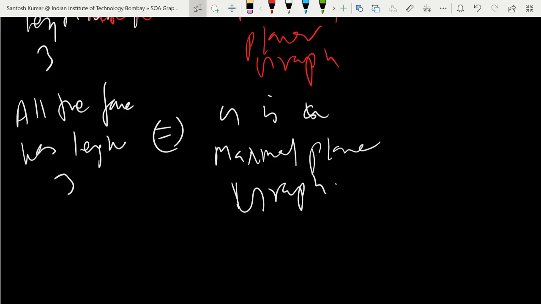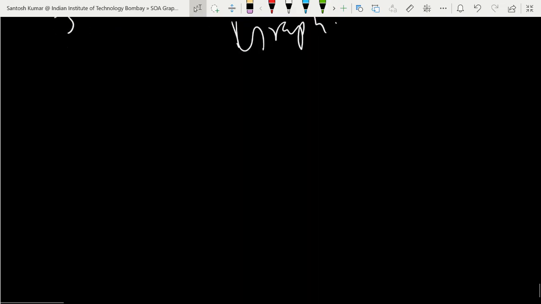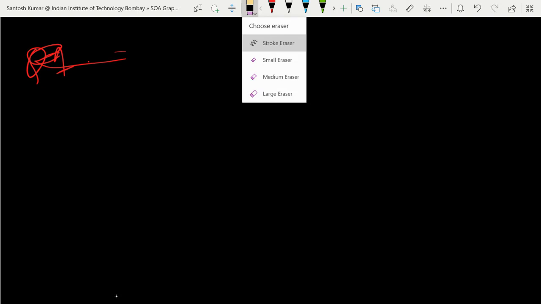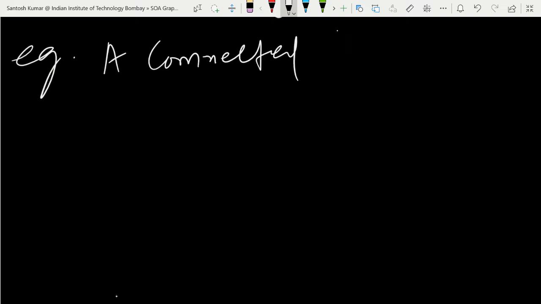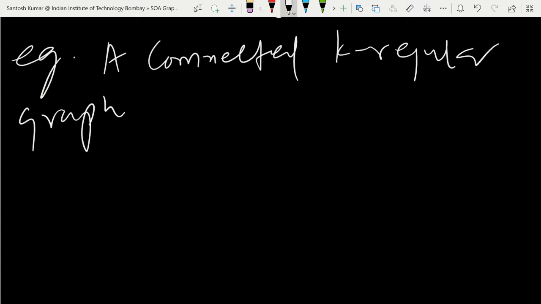Okay. So what we have discussed till now, we'll solve a few problems based on that. So let's start with question one, or you can solve it as an example. One example is a connected k-regular graph. Okay. So a connected k-regular graph of order 12